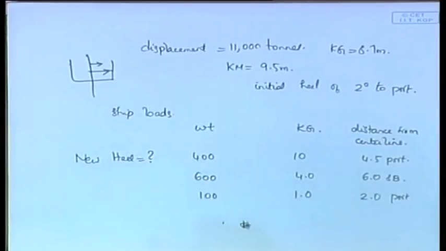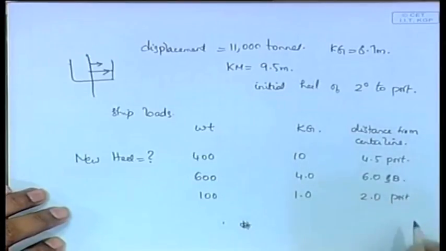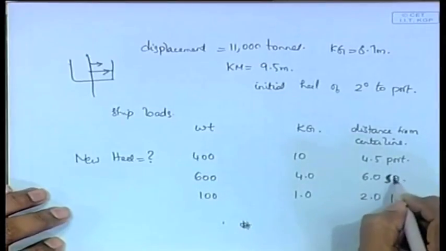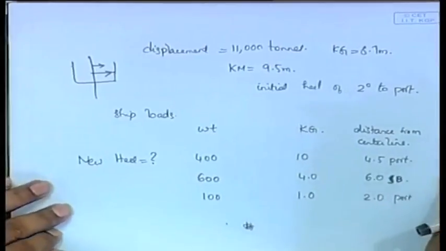So this is your question. Okay. So what is that unit? Which one? Distance from center line. Yes, this is port and this is starboard. That is another thing, we will do this. Then now first you are told,